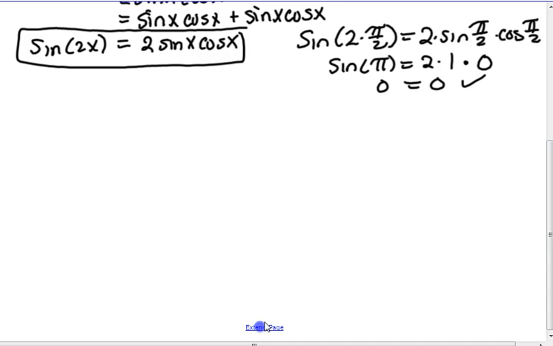Now we're going to do the same thing with cosine. Cosine of 2x can be rewritten as cosine of x plus x. And we're going to apply the property that says cosine of a plus b